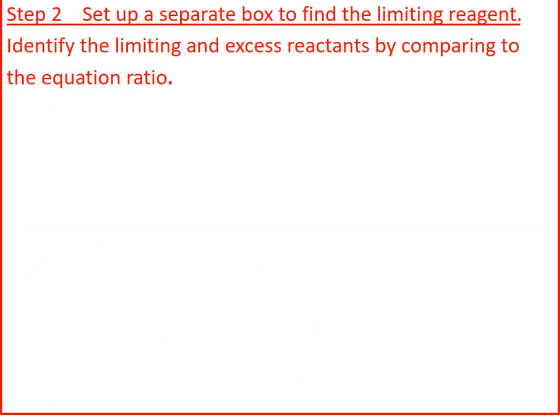We'll do step 2. So set up a separate box. There's a lot of problems with working out the limiting reagent, and there's a problem with this one too. The problem is when you get to numbers at the end, we can't use them. So set it up as a separate box. That's why I've got a red line around it, so that you keep it away from your normal reaction. So we're going to identify the limiting and excess